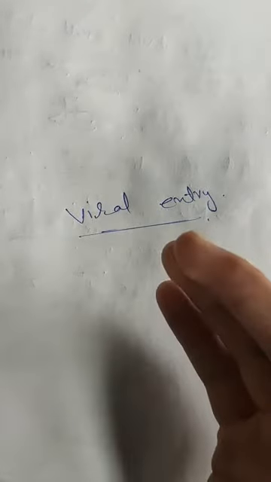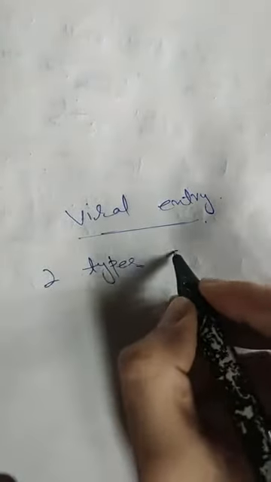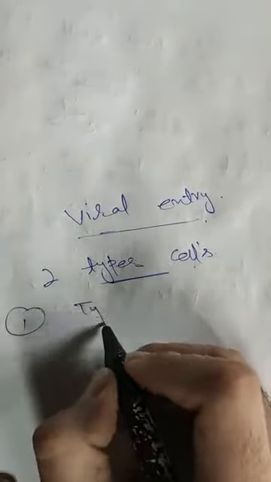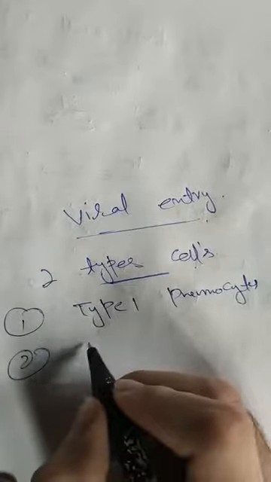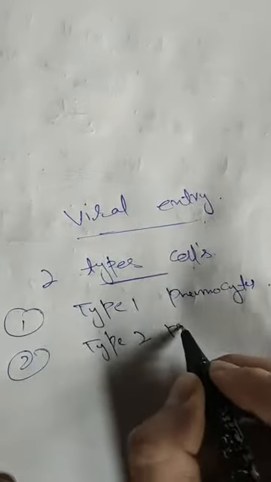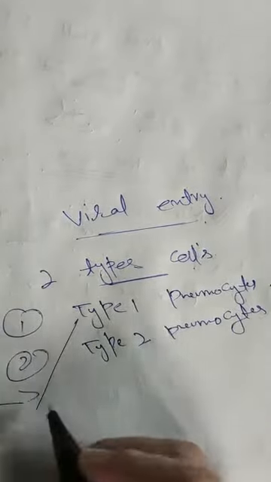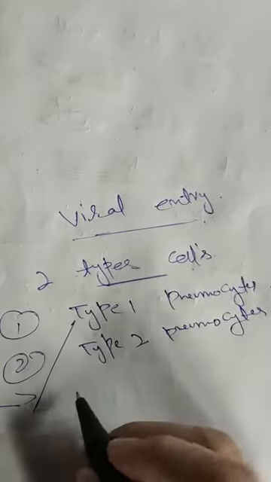So if we look at the alveolar level, the cells which make up the lining of the airways, there are two types of cells that make up the lining of the airways. The first is type 1 pneumocytes, and the second one is type 2 pneumocytes. Okay, so type 1 are simple squamous epithelial cells that